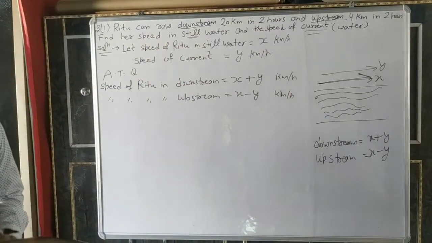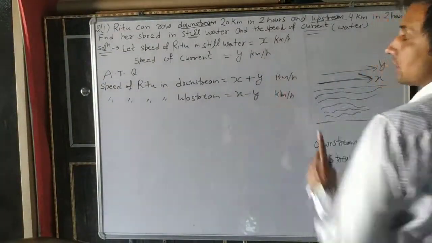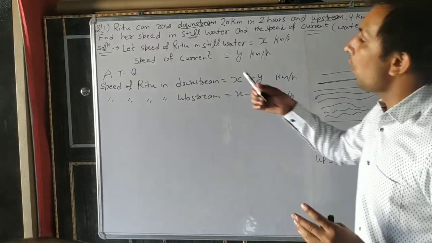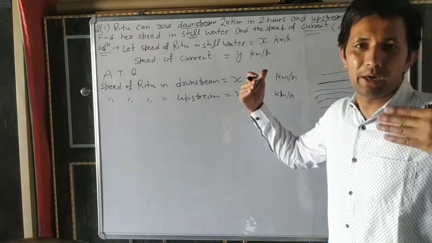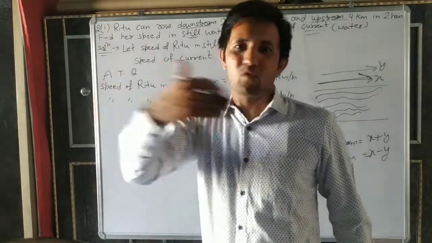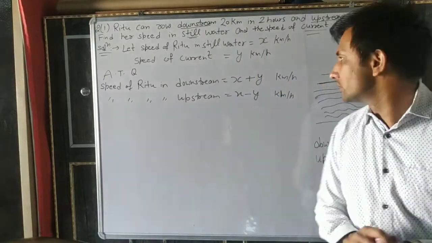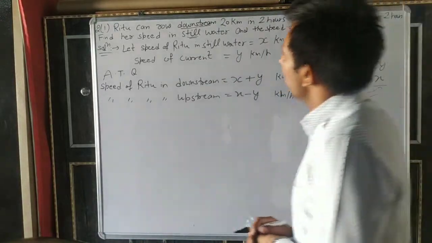Understand? Now we will make the equation. These are not equations yet. We only found what the speed is in downstream. Downstream means both are going in the direction of water. If both are going in the direction of water, obviously the speed increases. Okay, x plus y. Now in the question it is given,